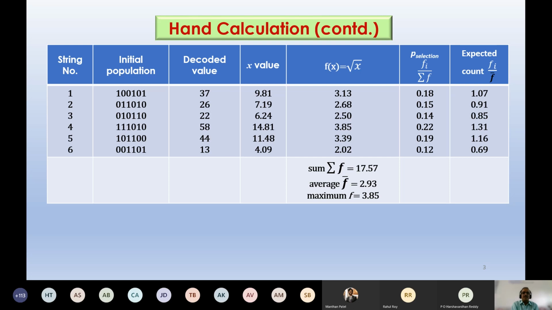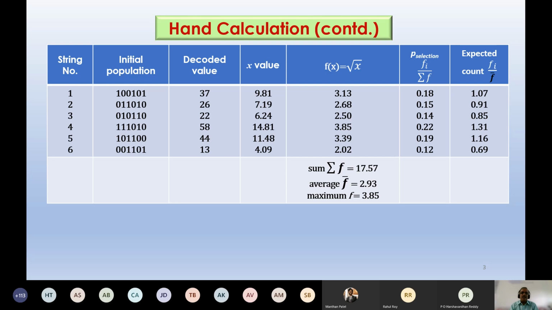And once you've got these decoded values, you'll have to use the linear mapping rule, which I've already discussed. If you remember, x1 real is nothing but x1 minimum plus (x1 maximum minus x1 minimum) divided by (2 raised to the power L minus 1) multiplied by the decoded value. That is the linear mapping rule.